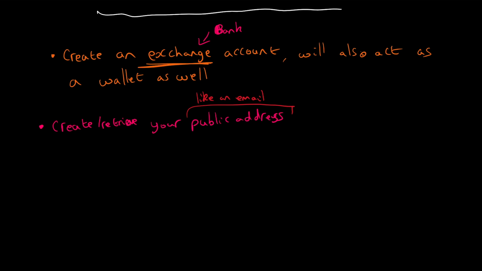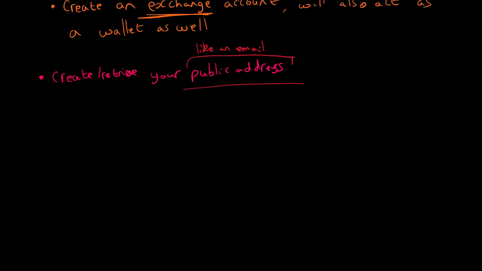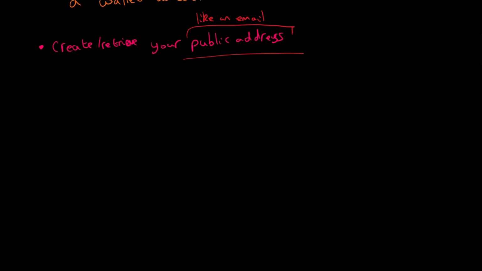So if I wanted somebody to send me some Bitcoin, I would share my public address with them and they would be able to send something to it. So you want a public address so you can actually use it with other users on the network. Next, what you want to do is buy some Bitcoin. Buy some Bitcoin or other cryptocurrencies